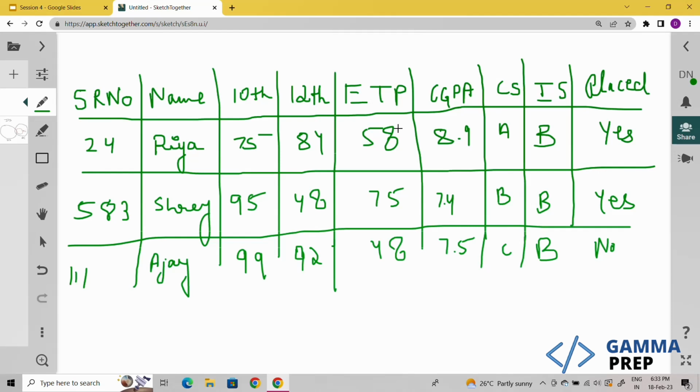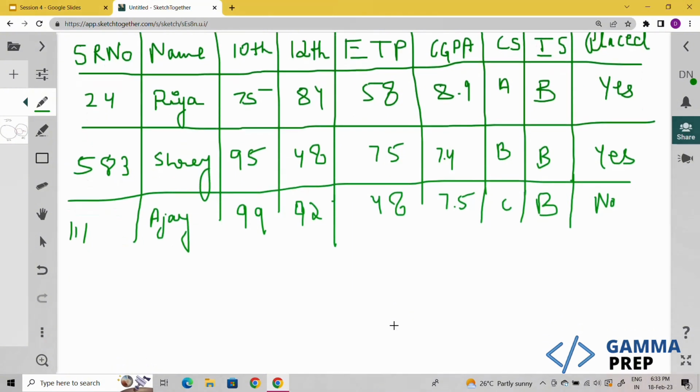now for the new students who will be sitting for placements, that is, their placements are yet not done, based on the historical data that we have of these past 100 students, and for the new students, we'll obviously know their serial number, name, 10th, 12th, employability test percentage, CGPA, communication skills grade, and interpersonal skill grade. So we know all these for the new students also, but we don't know their placement status because they have not sat for placements yet.